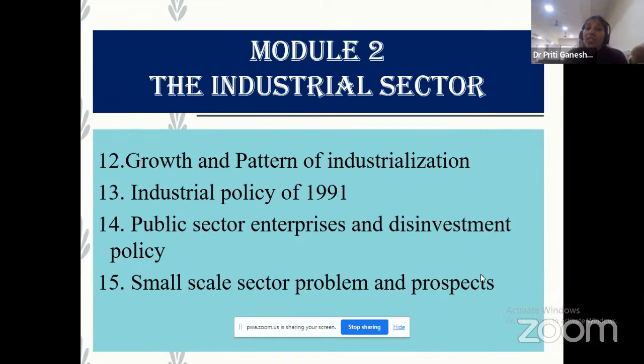Okay. Now, whenever the question requires data, जैसे growth and pattern of industrialization is the question. Explain the growth and pattern. Then you have to write the data where you show how our Indian industrial sector grew, the percentage of growth that you have to mention. Just theoretically, if you write it down, that will not give you good marks. Whenever the question asks for the extent, data पूछा है, you have to write the data, you have to show the data, and you have to highlight it.